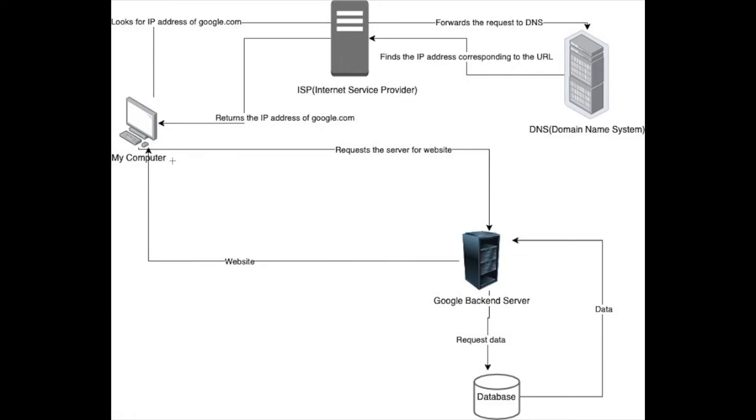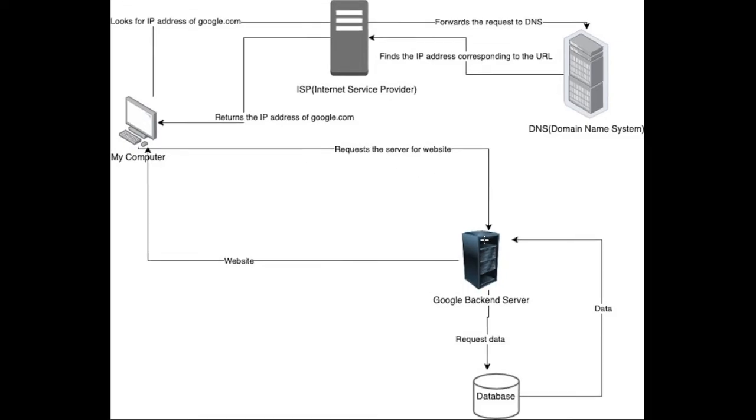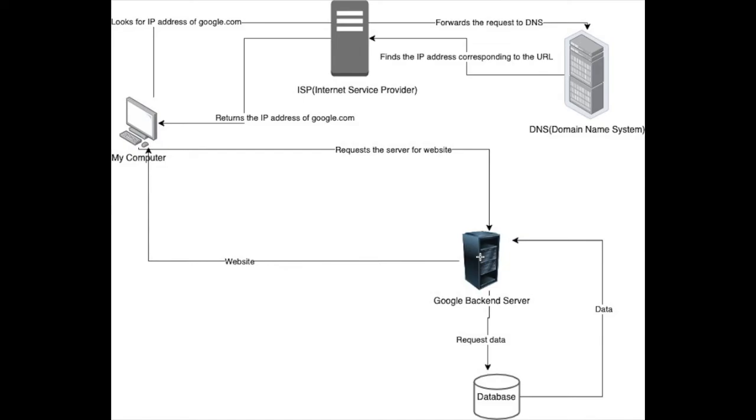As my computer knows the address of the Google server, it will directly reach out to the Google backend server and ask for the data. The backend server will process my request and try to find out what my data requirements are. To get all that data, Google's backend server will access the database. From that database, the Google server will be able to access the data and get it back. Now the second step is done. The order is being taken by the grocery store.